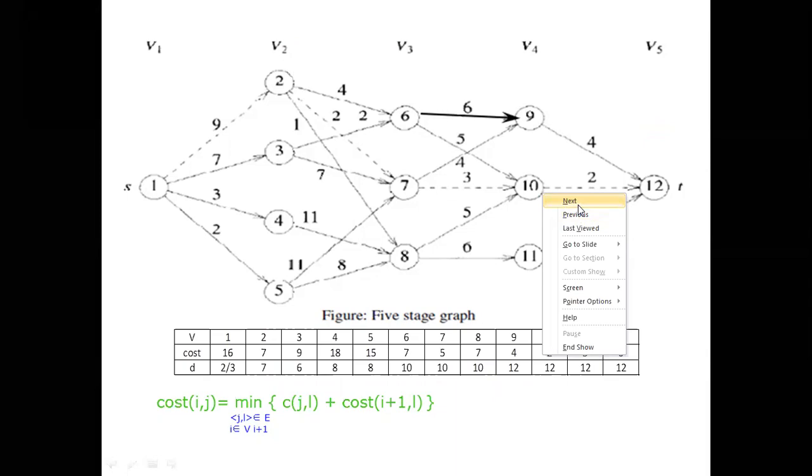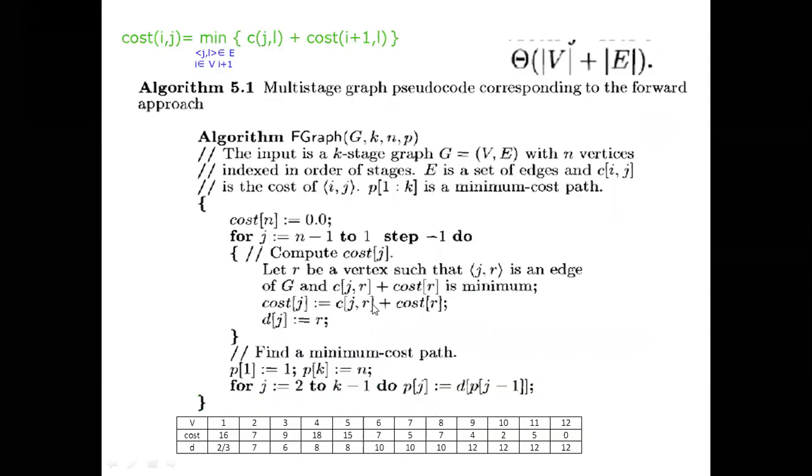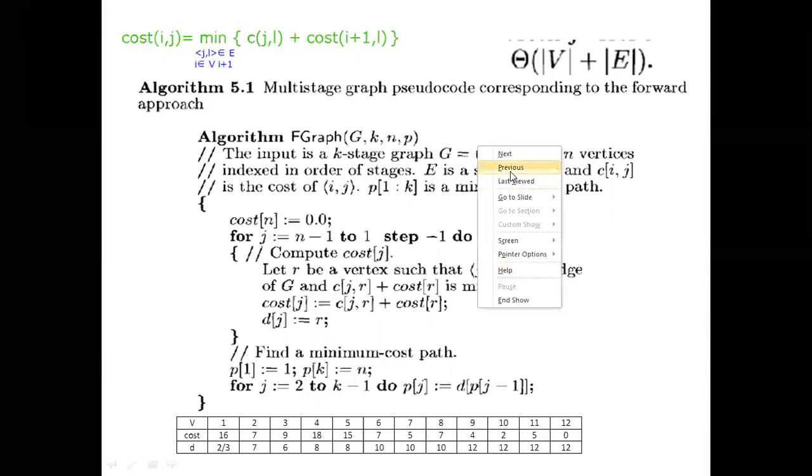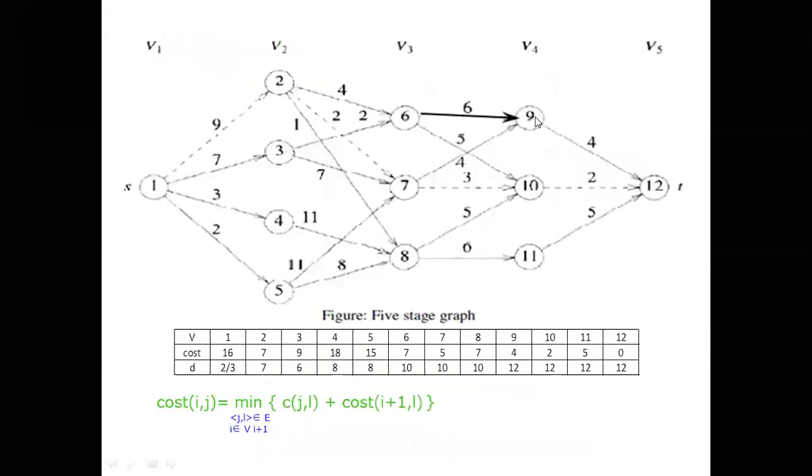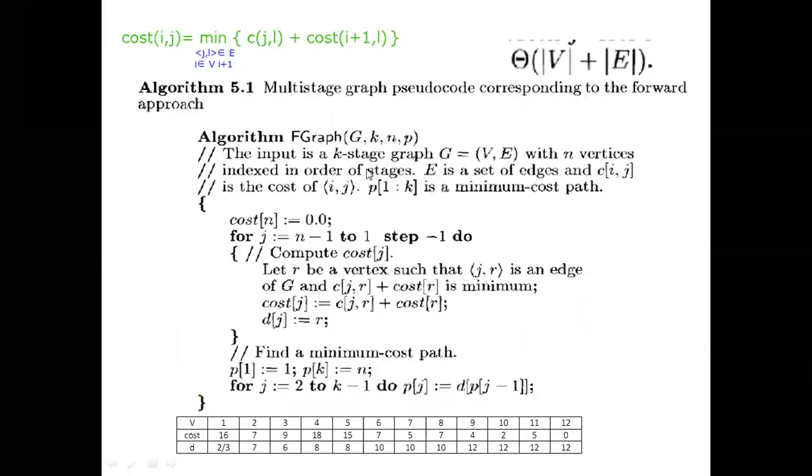Right? R value is 9 here. Plus cost of R only. Cost of R means from 9 to the, I will show you, cost of 9. We are not writing the stage value. Cost of 9 means 9 to 4. It's nothing but this value we are going to take. The same formula only. What modification they have done here is, they just removed the stages. Both the stages they removed. That's it. Nothing more than that. Right? Same formula.